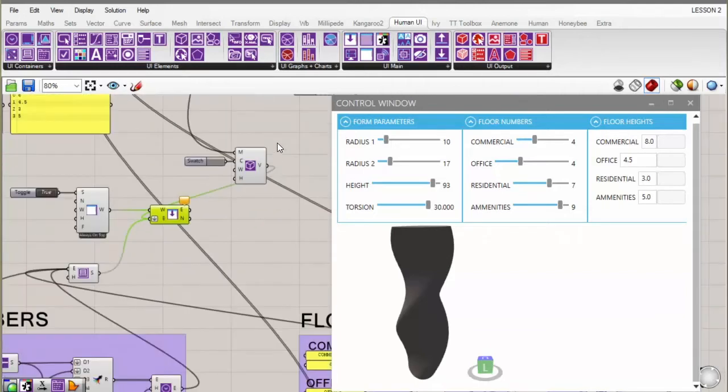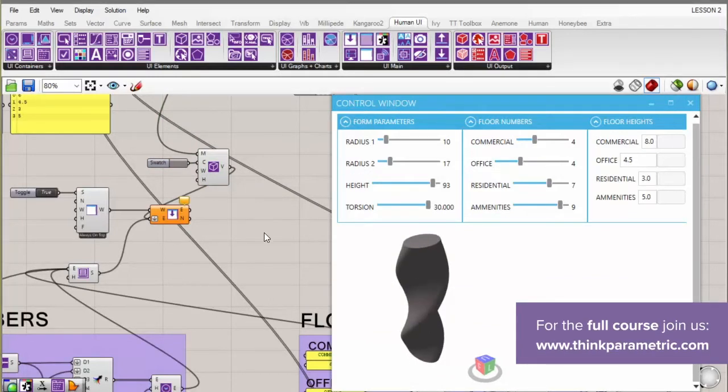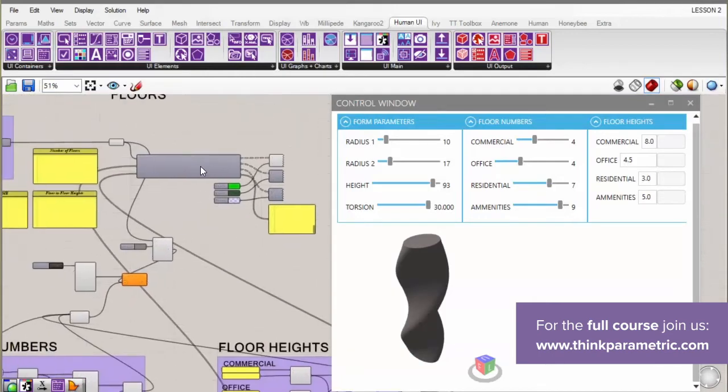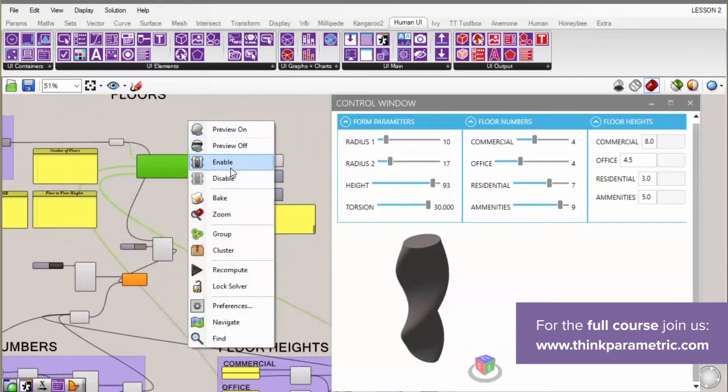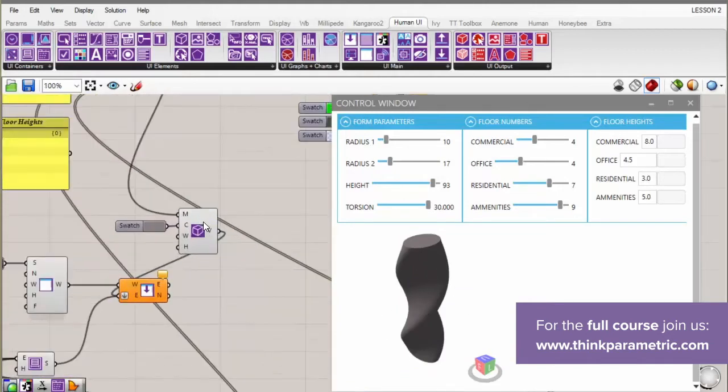So what this means is that, if I just leave it the way it is and actually start to try to change it, something weird's going to happen. Let's, for the sake of speed, just disable this one. And so we're just updating the actual form.